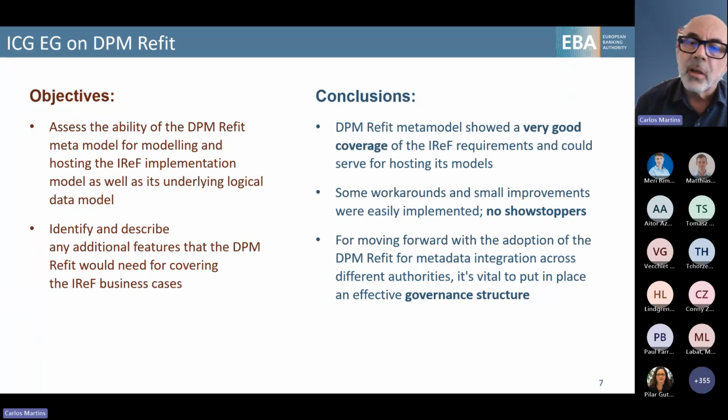But one important thing that also came from this study was that if we are going forward in the adoption of DPM Refit in this context, where we will have different authorities sharing the same data dictionary and having to manage it together, then there is a very important focus on data dictionary governance.